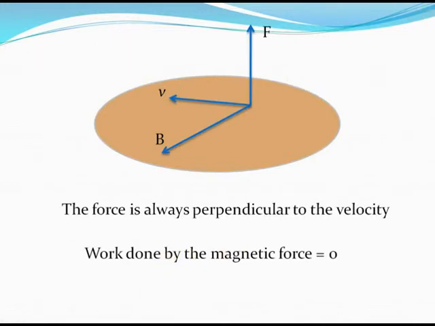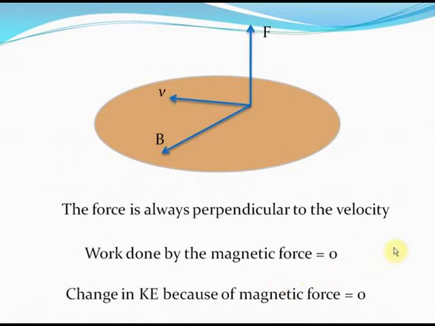Another fascinating fact related to the magnetic force is that the change in kinetic energy because of the magnetic force is always zero. Now this is because the change in kinetic energy will occur if the magnitude of the velocity changes, and we have just discussed that there is no change in the magnitude of the velocity because of the magnetic force. And so you see, there is no change in the kinetic energy. If the kinetic energy initially is half mv square, then even after 10 minutes in the magnetic field, the kinetic energy will still be half mv square. Understood? So those were the basics of the magnetic force.